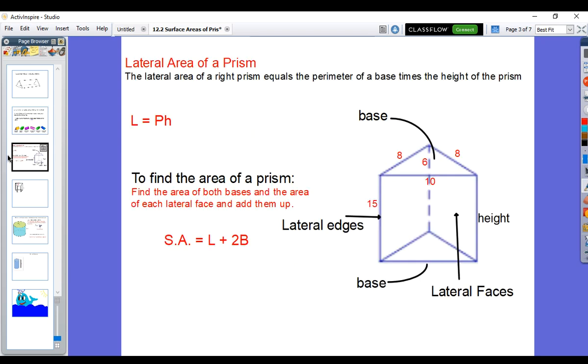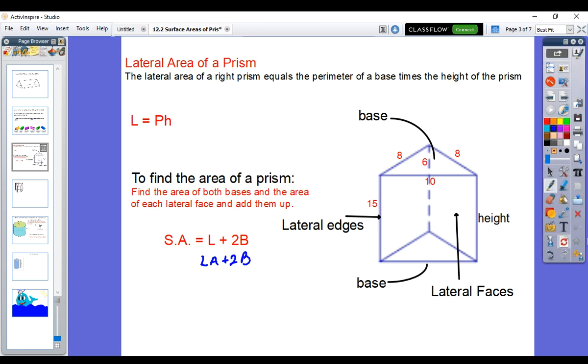But let's look at the formula. Down here, it says SA equals L plus 2B. That's saying the surface area of your whole thing is equal to the lateral area, the area of the lateral faces, plus 2 times the area of the base. That's what the big B stands for. So let's start out with the lateral area. Lateral area is the area of all the faces put together around. So lateral area is equal to the perimeter of the base